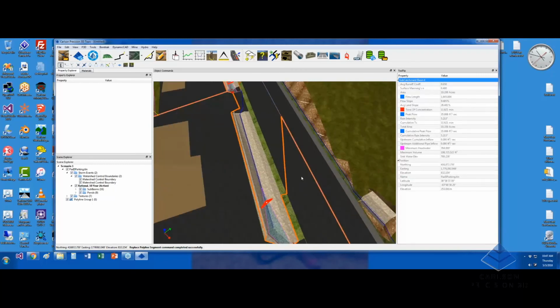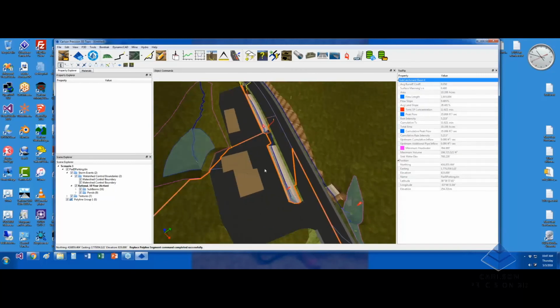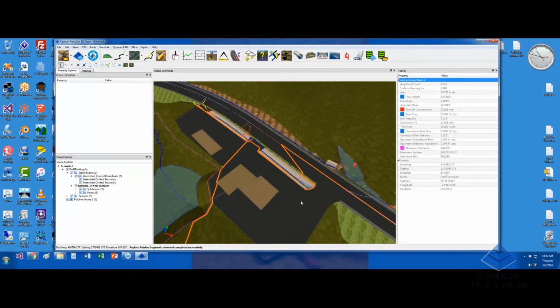And it's also turned it orange. And so now it's become a watershed control boundary. And what that means is that it's been user modified. So if I recalculate my storm at any point, or if I